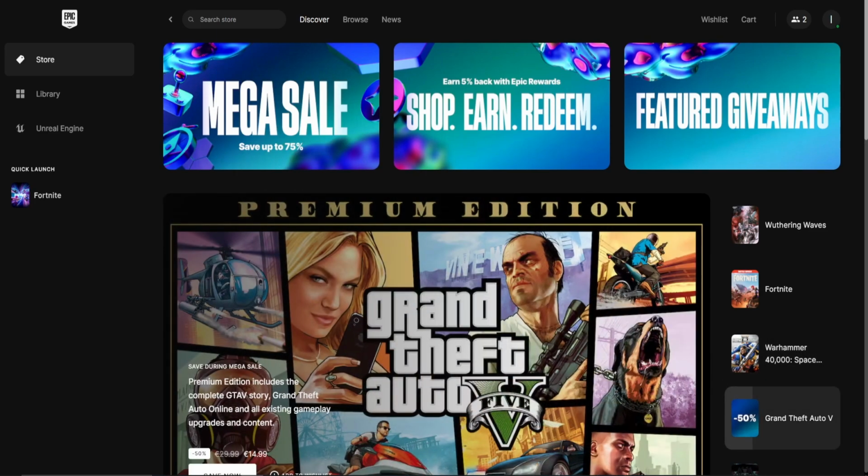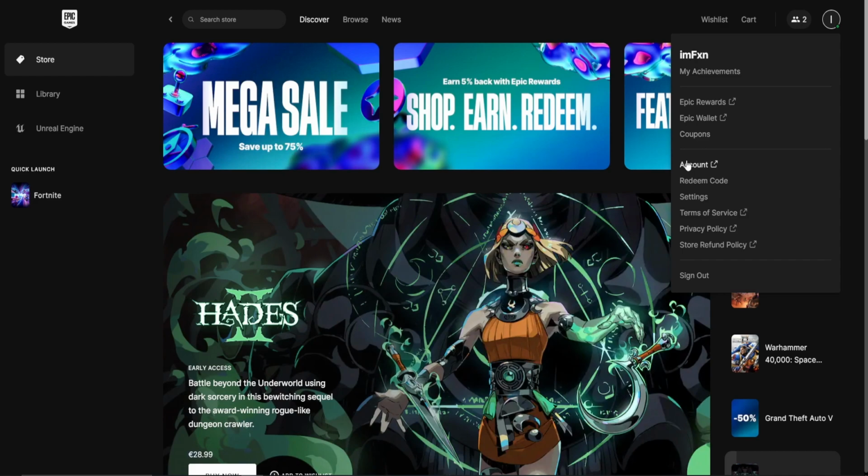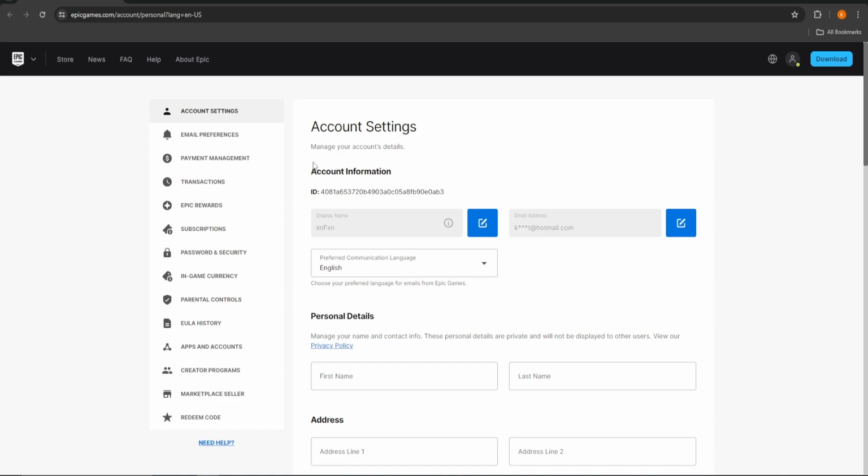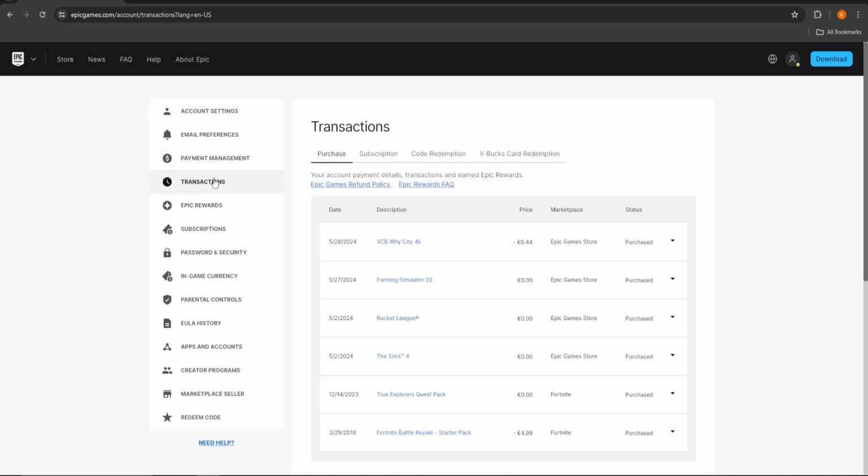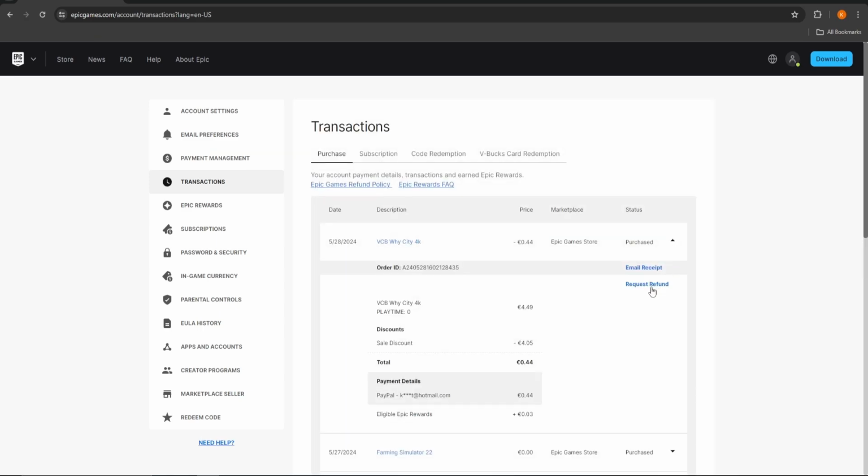Start by opening up the Epic Games launcher and click on the circle in the top right corner with the first letter of your Epic Games name in. Next, choose Account. This will open up a page on your browser. After that, choose Transactions. Then click on the game you would like to refund and choose Request Refund under Email